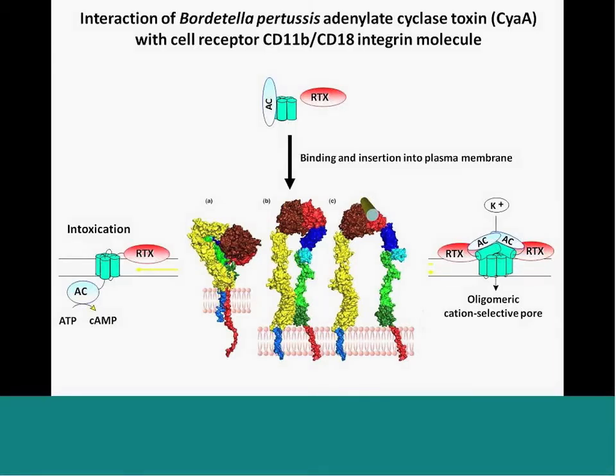So, I was interested in which conformation of the receptor is recognized by the toxin. I took advantage of the fact that in our lab we established the expression of the recombinant CD11b receptor in mammalian cells. We express only the ectodomain, so that means the receptor without the transmembrane helix and the cytoplasmic part, and we were able to purify it by immunoaffinity chromatography and by gel filtration. And by gel filtration, we were able to separate these two